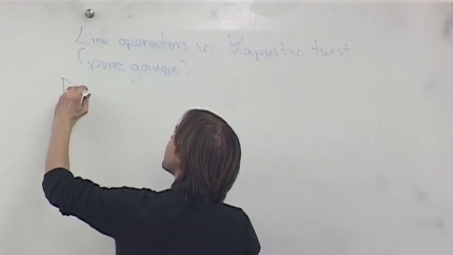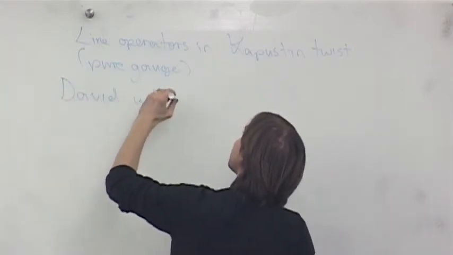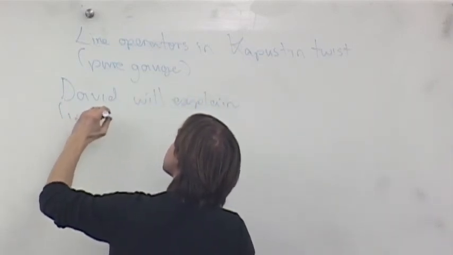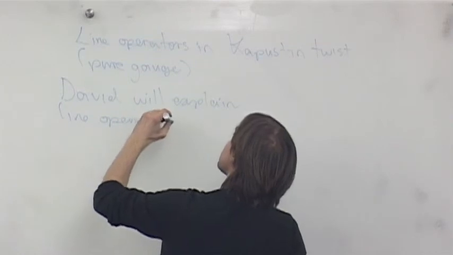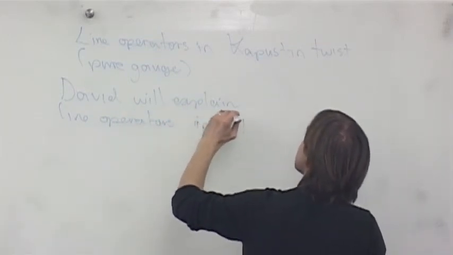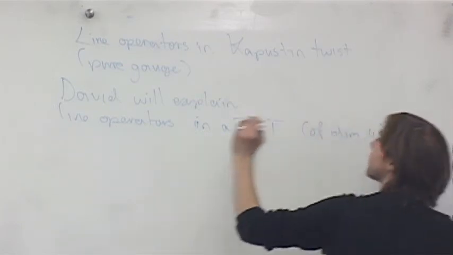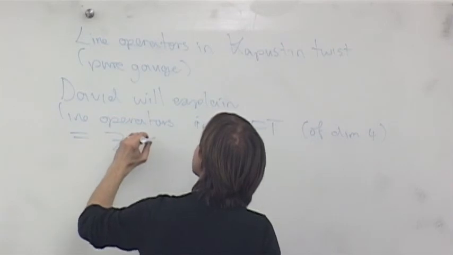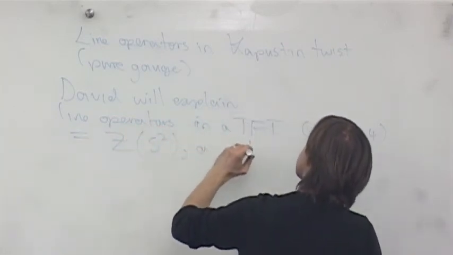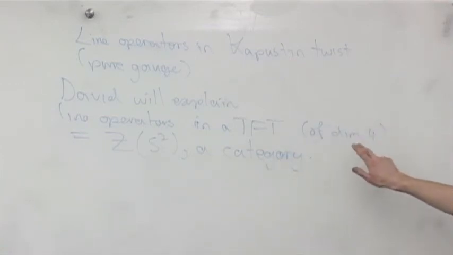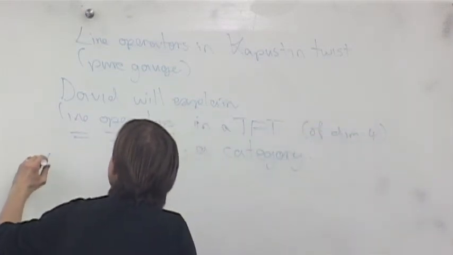So David will explain that, in this case, line operators in a TFT, say of dimension 4 in this case, are this category. Now, this is not a topological field theory, but if we're looking at line operators in the topological directions, it's sufficiently topological that this argument applies. So again, kind of as before,